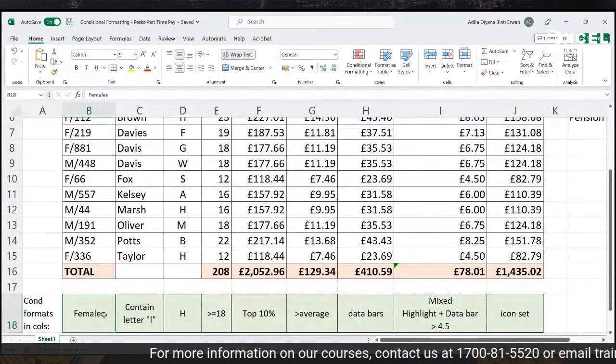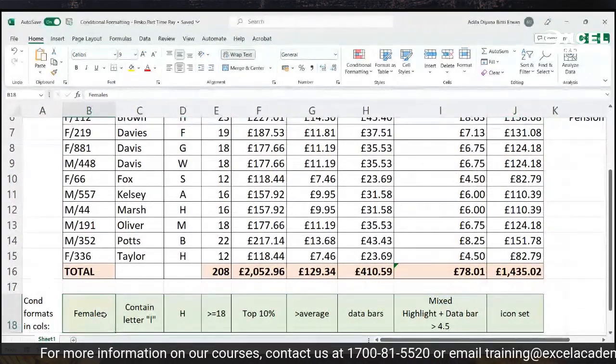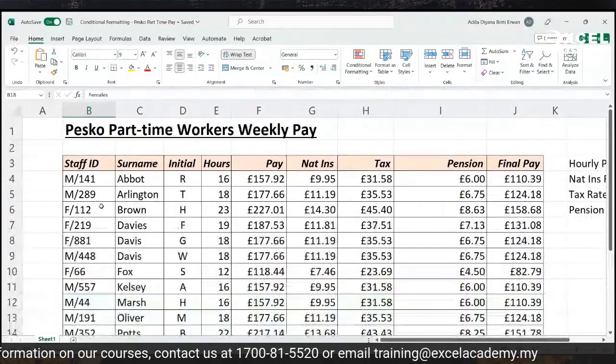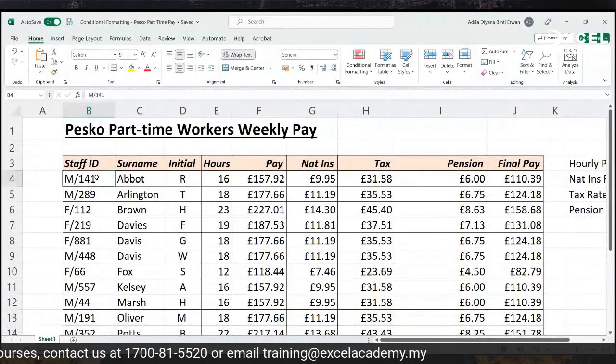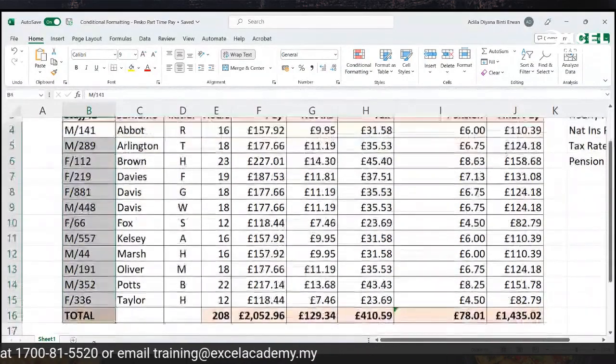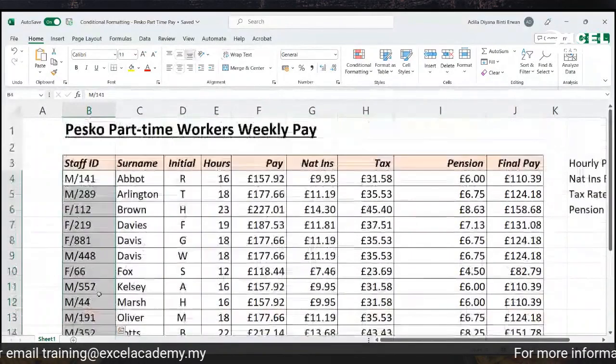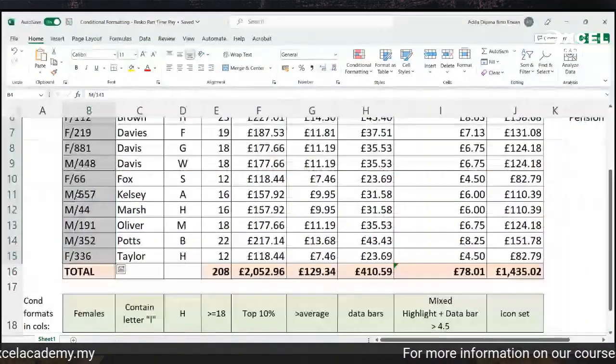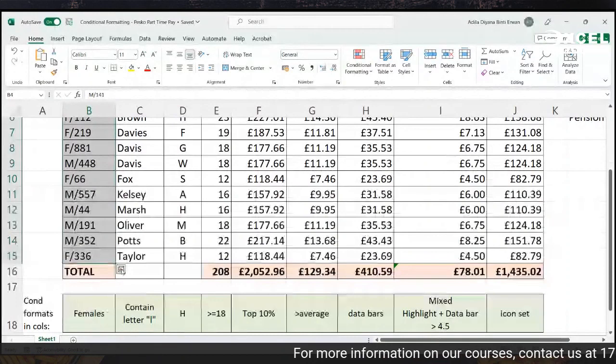For column B, the requirement is we want to identify female candidates. So again, F represents female, M represents male. So here I highlight all relevant data from cell B4 until B15, right? Go to conditional formatting,